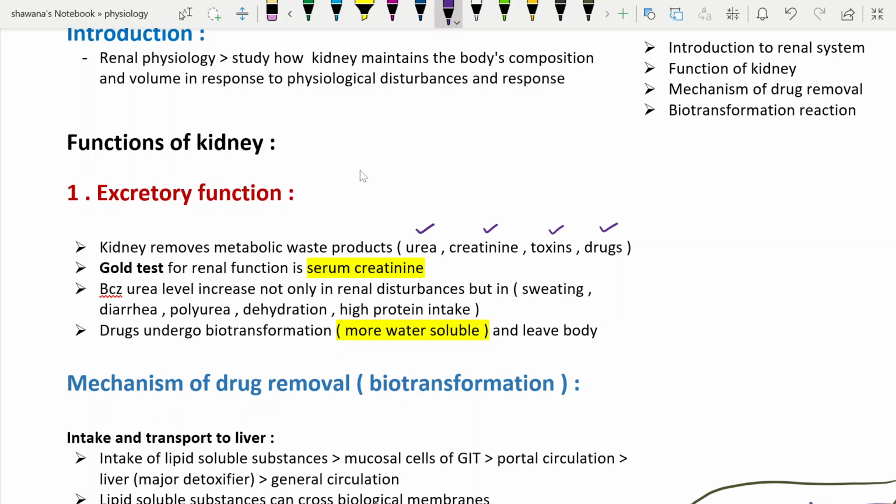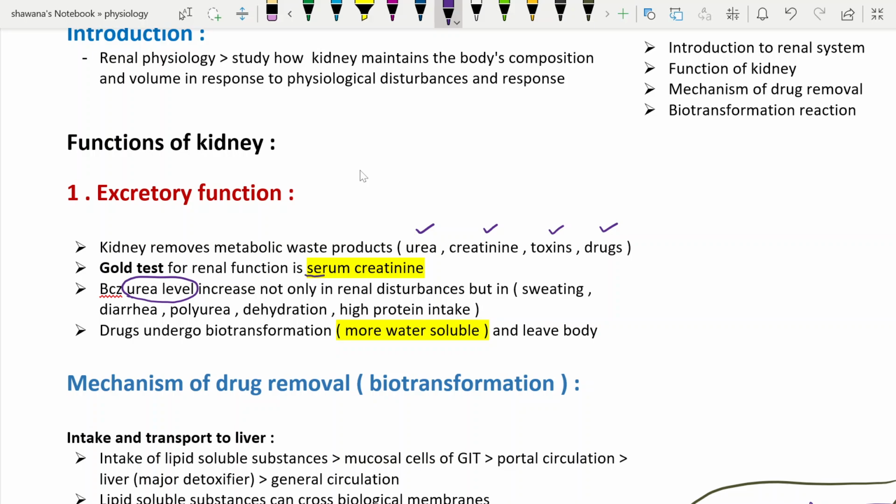To determine the functional aspect of the kidney, we don't use the urea level in the blood, because if there is uremia, it is not only indicative of renal failure. It is also disturbed in case of sweating, dehydration, polyuria, and high protein intake. The urea level can be elevated, but the gold standard test for renal function is the serum creatinine,